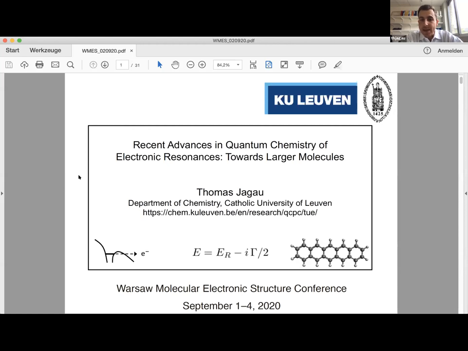I just want to add here that this is not only relevant for small systems like atoms and diatomics, but also for larger systems. In larger systems, it can happen that those processes become relevant. Think about, for example, the damage done to DNA by low energy electrons, or think about the machining of carbon materials using lasers. In any case, you create a